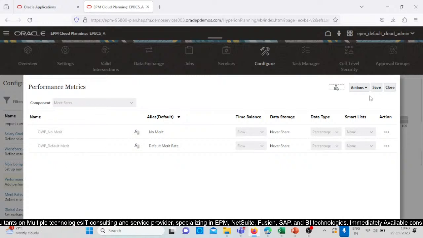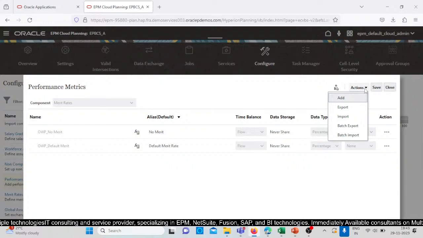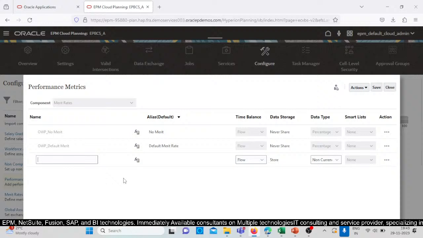Currently it is no merit. Actually we are providing this performance matrix because every employee has different kinds of capabilities, right? So we just want to set a few metrics based on the performance of the employees, like if the employees are working above the expectation, below the expectation, or if they meet the expectation. So from here I am adding these things: